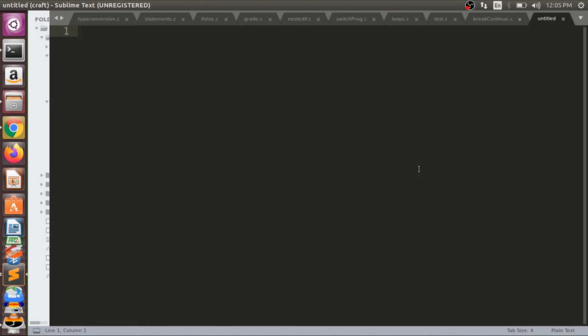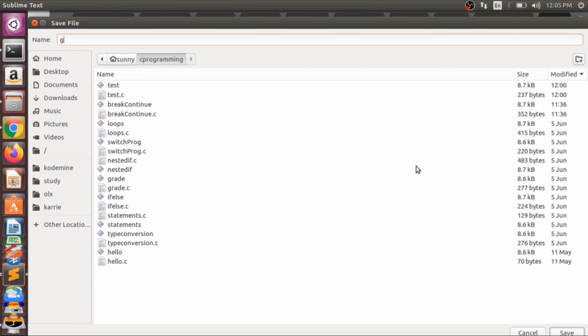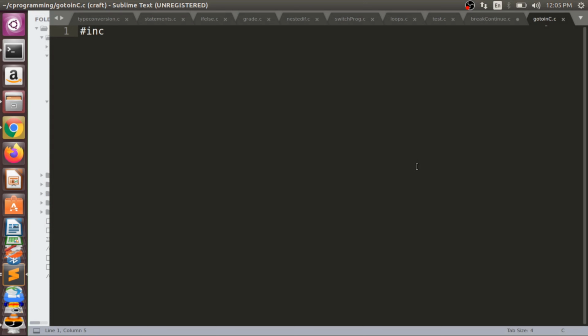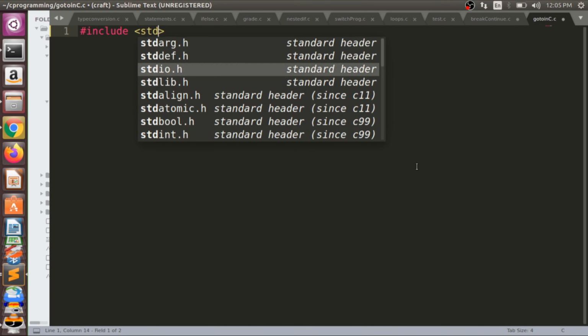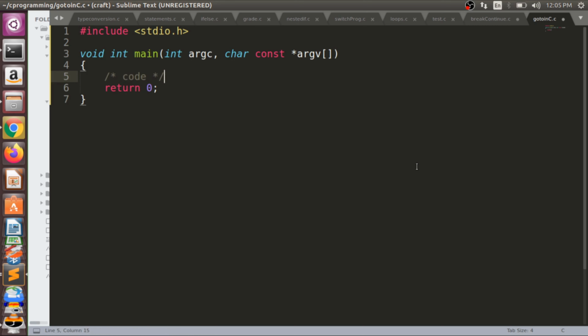So let's start first of all with goto. For example, we have a #include, let's save the program as goto in c.c. #include <stdio.h>. And then I want to make int main.